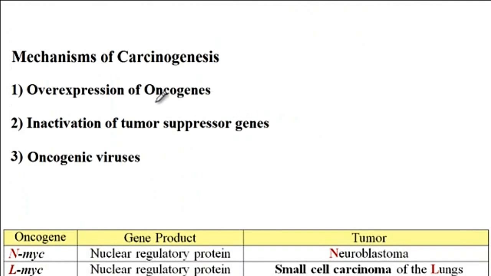So oncogenes are genes that will enhance cellular proliferation. So if there is a mutation that will overexpress these oncogenes, then there would be increased risk of cancer. Tumor suppressor genes, as the name implies, decrease the chance of developing tumors by decreasing proliferation. And so inactivation of these genes will again lead to development of cancer. And then finally, there are viruses that can cause cancer. So let's review those mechanisms, and then after that we can review different tumor markers that are used for monitoring